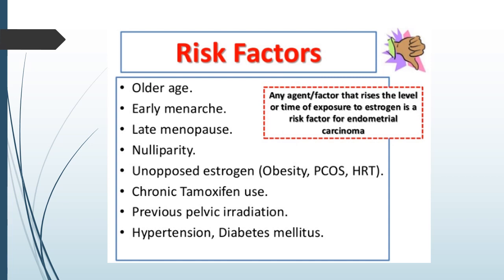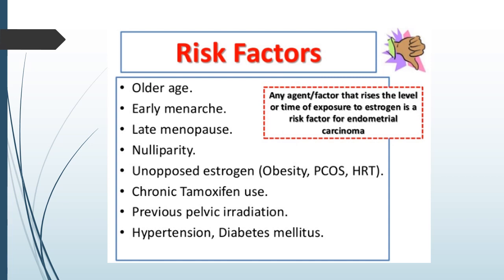Now, what are the risk factors for endometrial carcinoma? Any agent or factor that raises the level or time of exposure to estrogen is a risk factor for endometrial carcinoma. Estrogen causes proliferation of the uterine endometrium. So, if the exposure is excessive, either by amount or time, then there are more chances of having endometrial hyperplasia